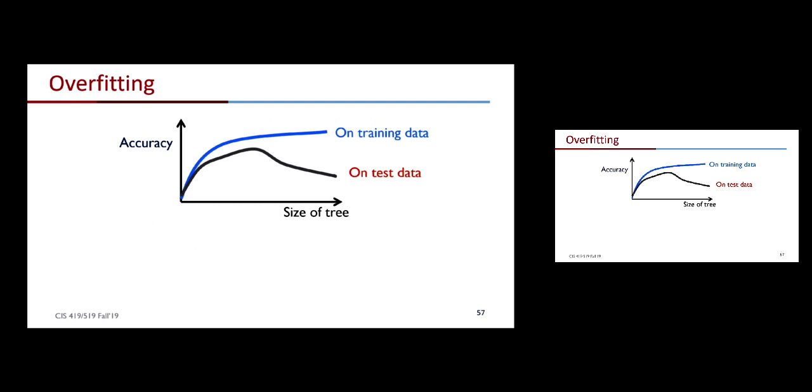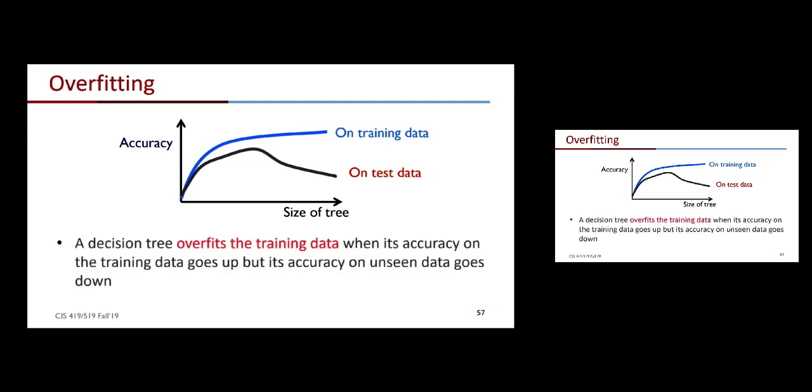So this is overfitting. These are the graphs of accuracy as a function of the size of the tree, on the training data, growing up all the time, and on the test data, growing, and at some point, it goes down. So if we wanted to think about it from the decision tree perspective,